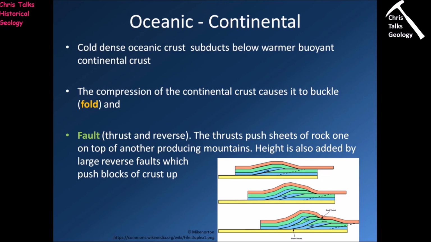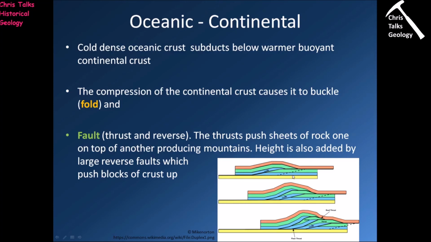of another. So in the case of a piece of continental crust, this picture here is going to show the kind of situation we're talking about. So here's our sequence of rocks. We've got this kind of pinkish rock, green rock, and blue rock. And this sequence of rocks is being squished from the left and from the right. What happens is eventually if you push the rocks too far, they fail. And so one sheet of rock ends up getting pushed over the top of the other sheet